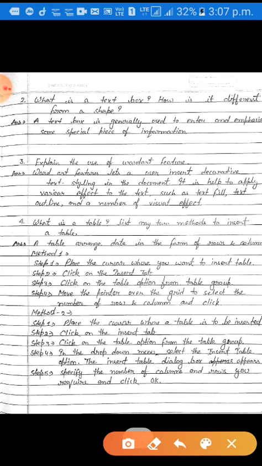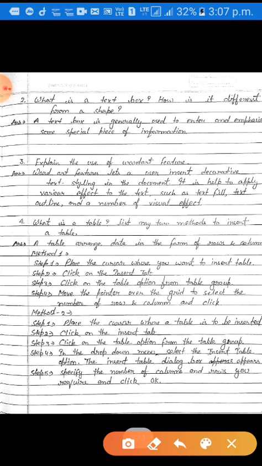Now come to question number 4. Question number 4 is: what is a table? List any two methods to insert a table. So dear students, the answer is: a table arranges data in the form of rows and columns. There are two methods to insert a table in our document.